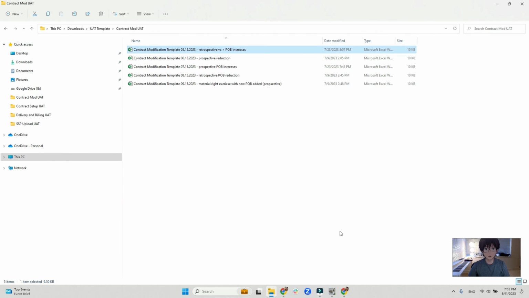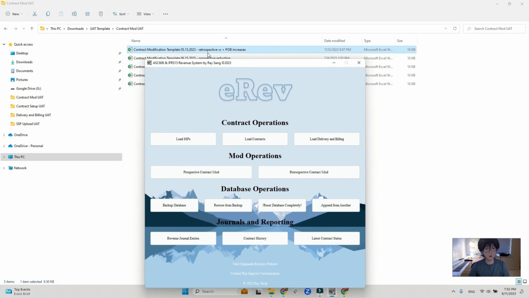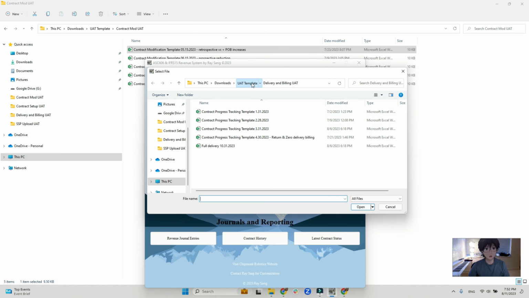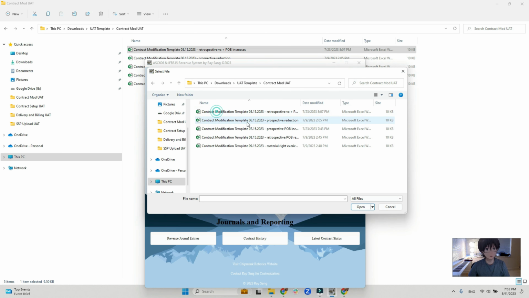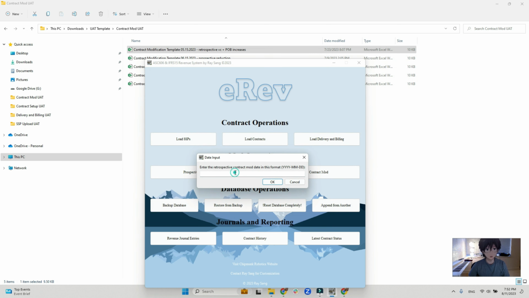With this, let's go ahead and process our first contract mod, which is a retrospective contract mod on May 15th, 2023. Let me click this and go to the contract mod UAT folder, and all I need to do is select this file and enter a contract modification date. So eRev